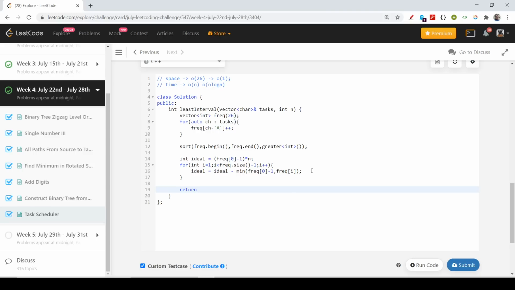Then at last I need to return my array size, which was this, plus the maximum of 0 and idle, because as we said, the idle can't go negative, right? So I need to have the maximum out of 0 and idle.